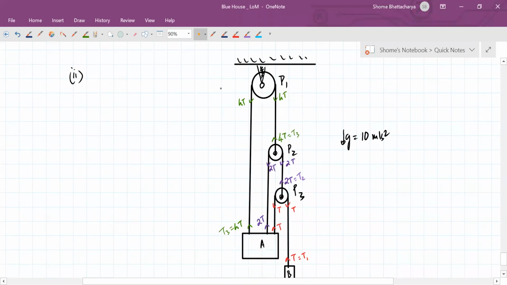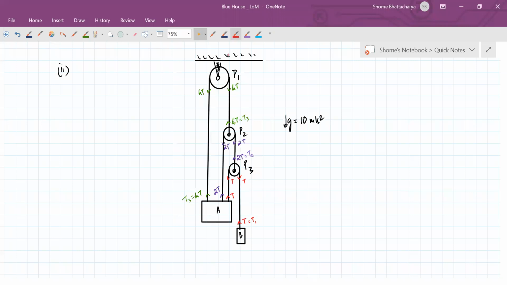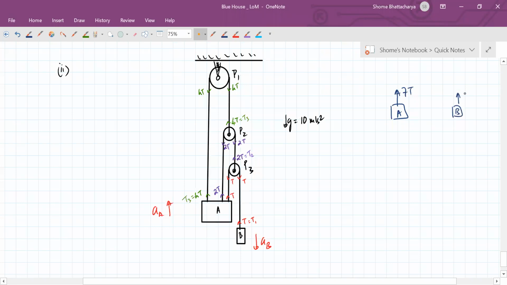So from the first part, we have been able to understand this much, that block A is accelerating upwards and block B is accelerating downwards. Now we apply the virtual work concept, that on A, the tension acting is 7T, and on B, on the other side, the tension acting is T, but A is making a displacement in the upward direction. B is making a displacement